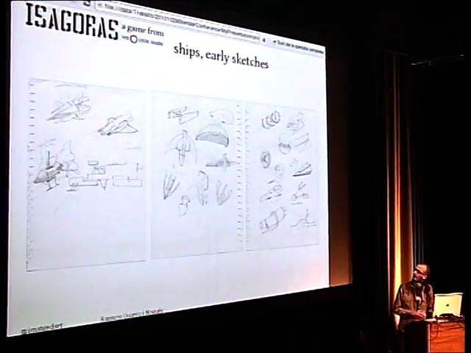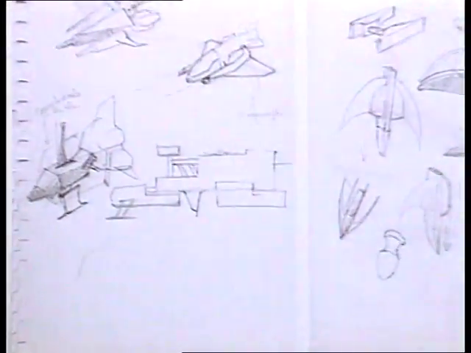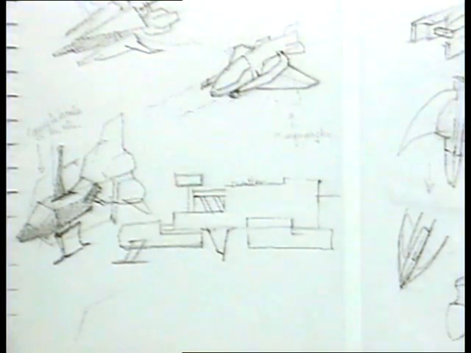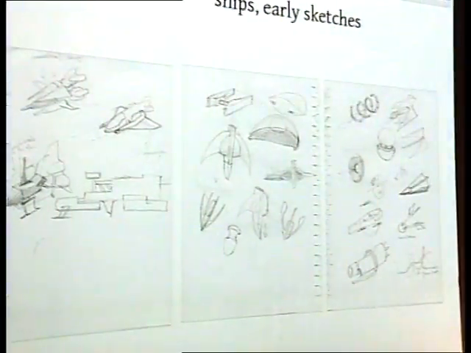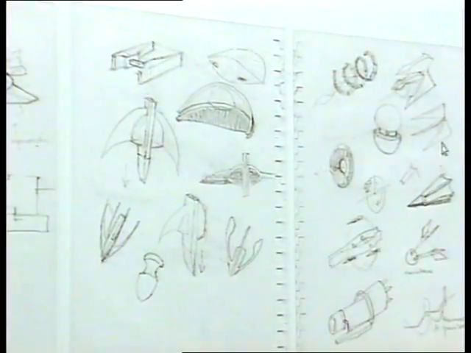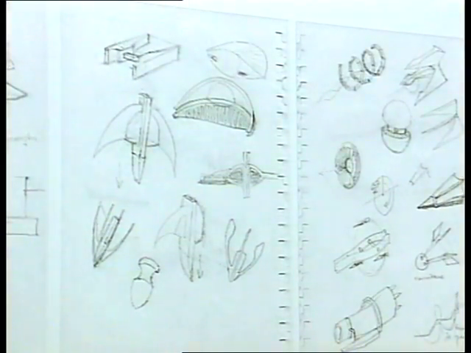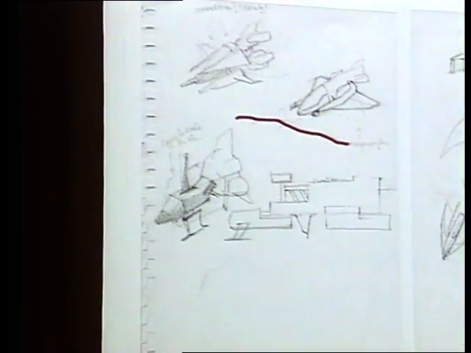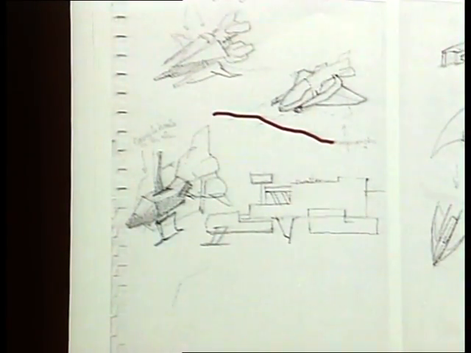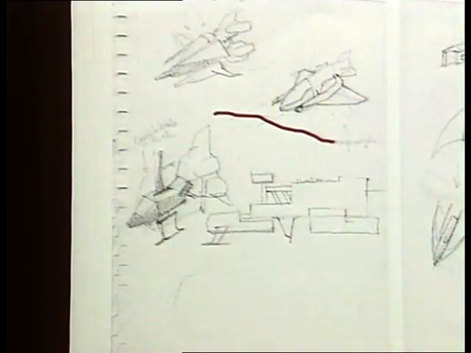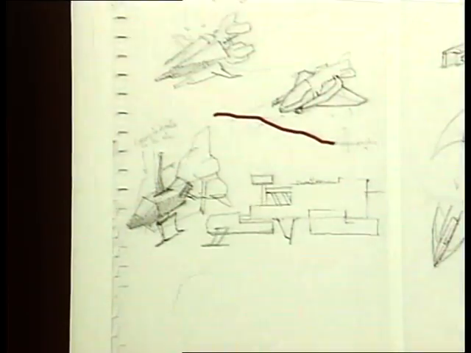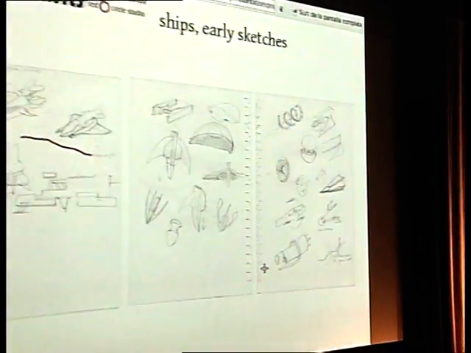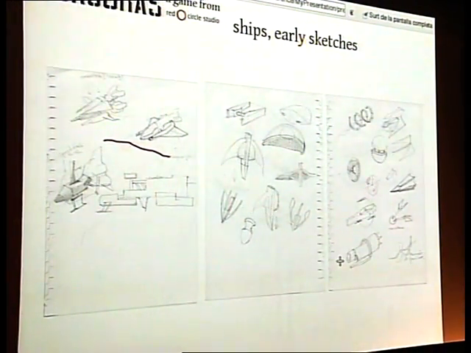For the ships, there are early sketches. As you can see, there are strange shapes on the spaceships. These are mainly the ones here, the good ones, the party of the player, okay, and these other ones were the enemies, okay, and we tried to give them the most